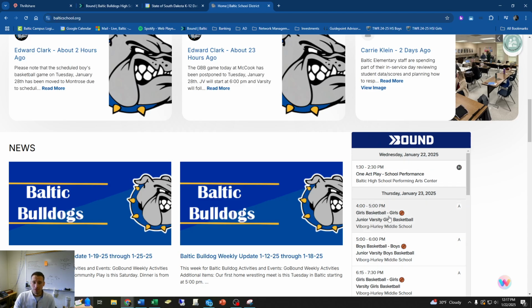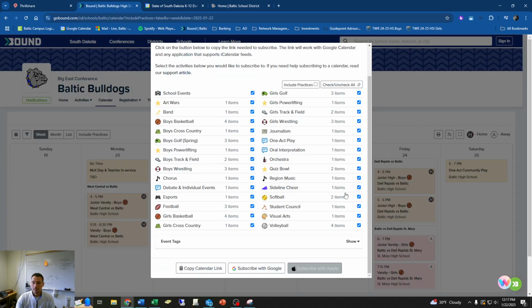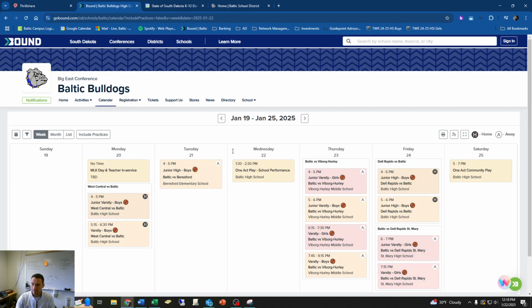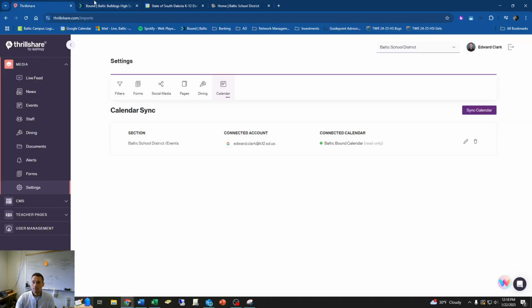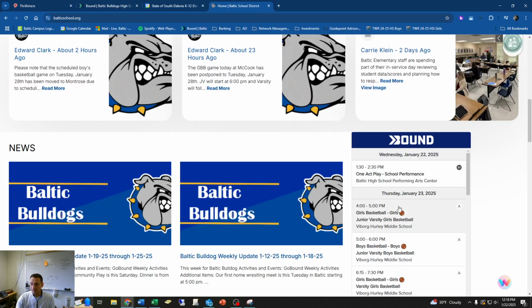This Bound calendar is just imported from Bound by Apptegy. Apptegy just went into my website. I said I want this information that's here to be put on my website in this space, and so then